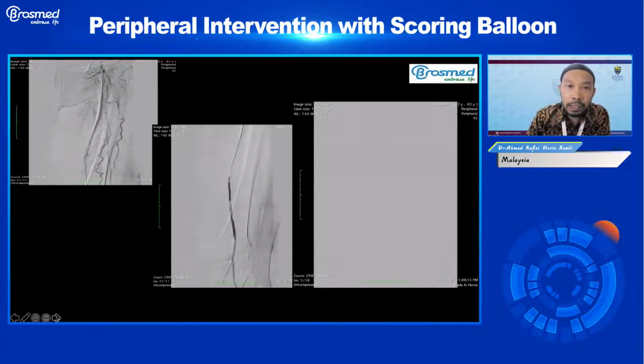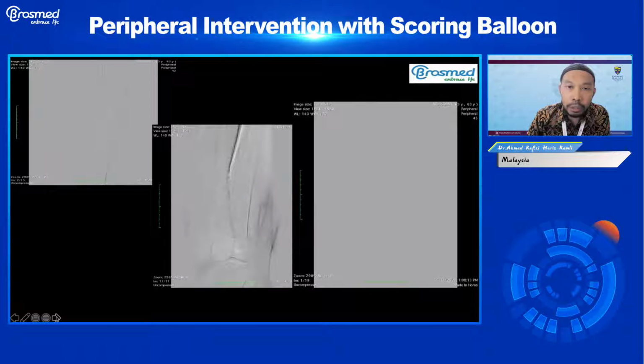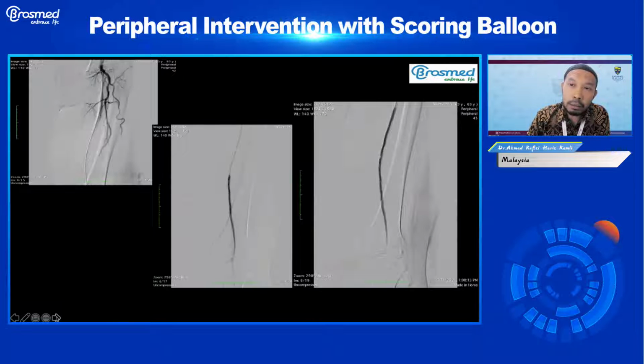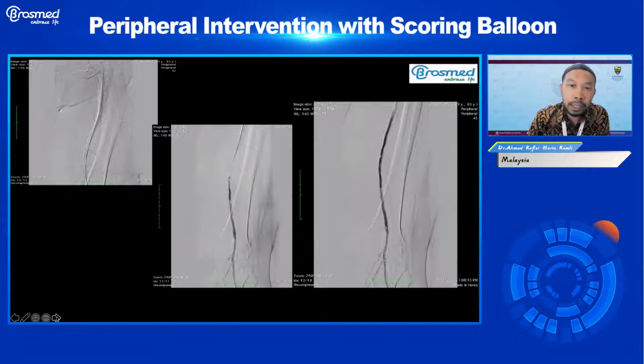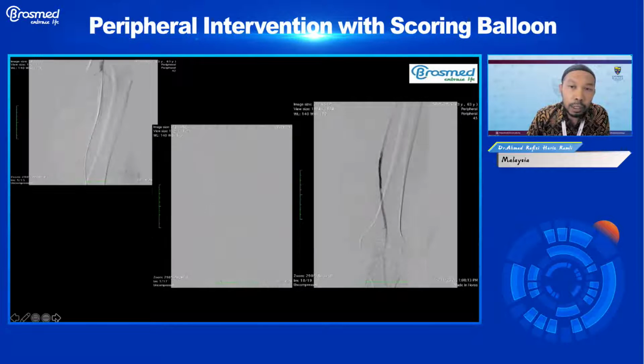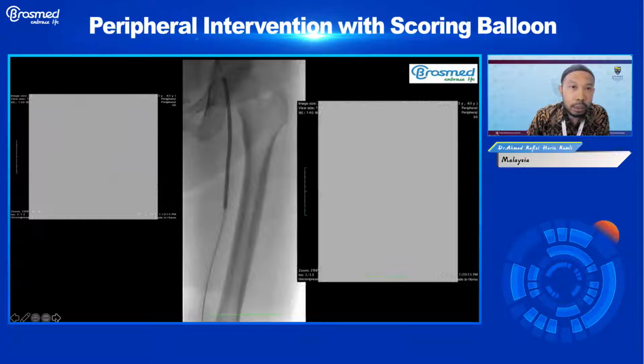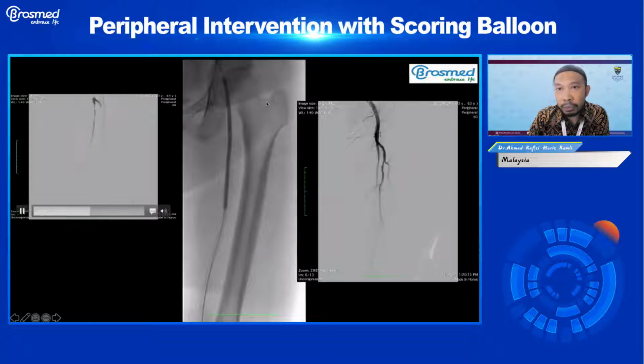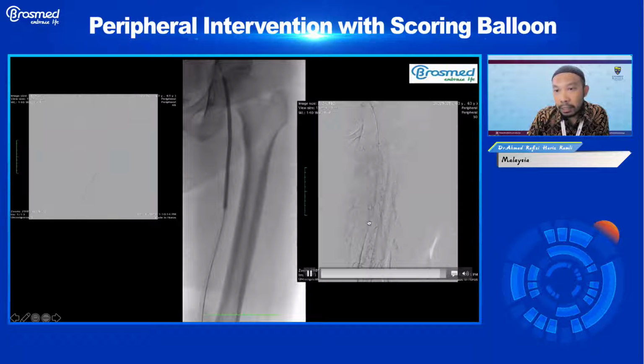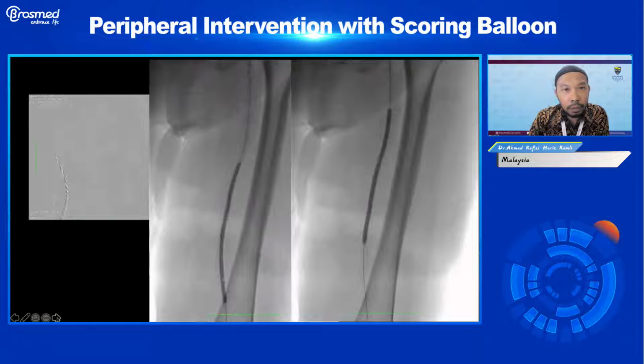Only at this stage, I think we thought, okay, this could probably be organized thrombus sitting there, and it doesn't really work with the stent. So even with the ballooning, as you can see here, we ballooned again and again, and it still doesn't achieve quite a good lumen within the stent itself. So what we did was,